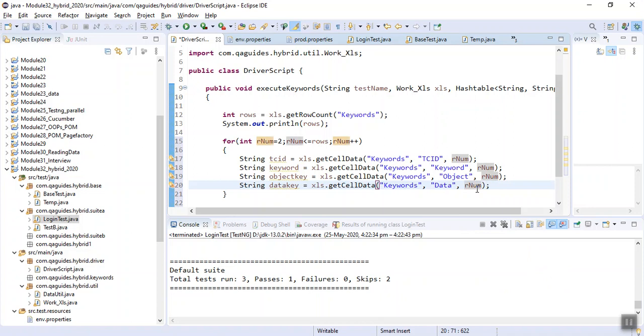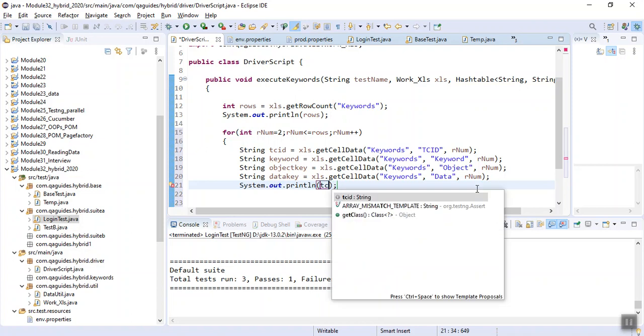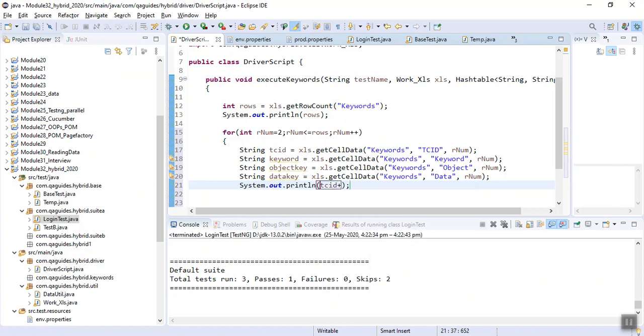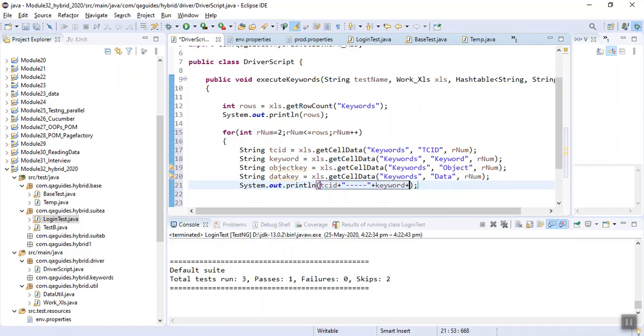Now let's print out everything. TCID plus, plus, keyword is this plus object.